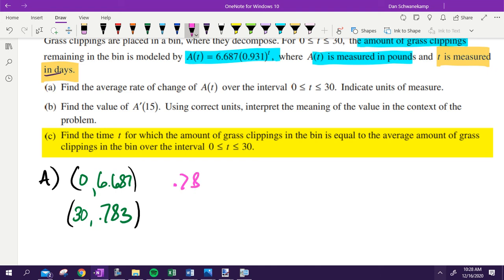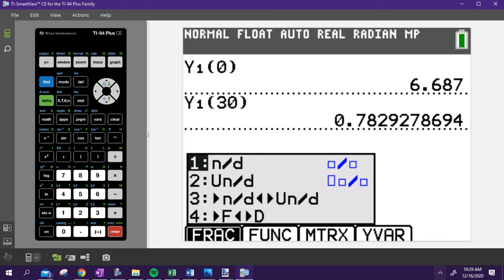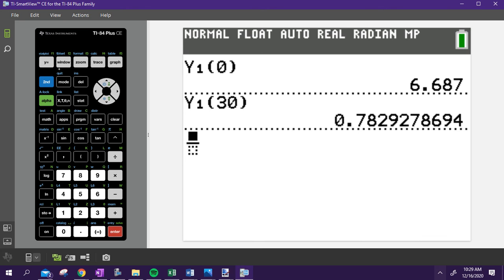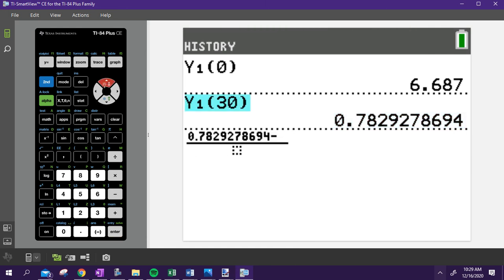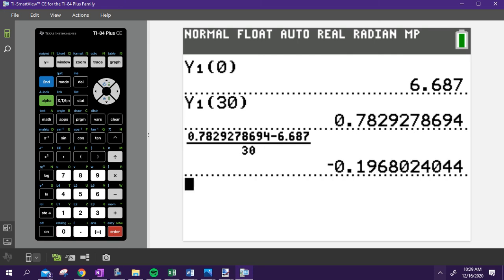Subtract them. Y sub 2 minus Y sub 1 over X sub 2 minus X sub 1. You need to show that you did this. Even if it is a calculator problem, anytime you find average rate of change, show your fractional setup. If you're struggling with typing stuff in, I like going alpha F1 and picking the fraction button. I'm doing Y sub 2 minus Y sub 1, all over 30, because it's 30 minus 0. I hit enter, and there is my answer,